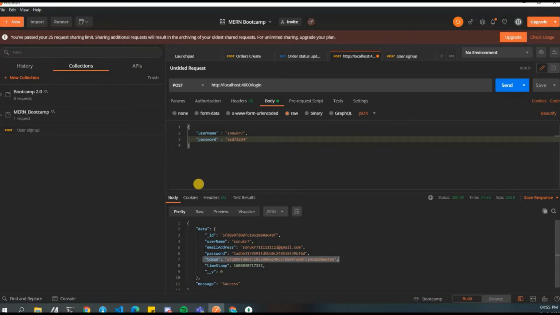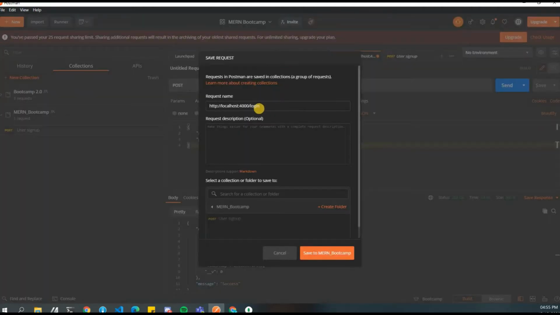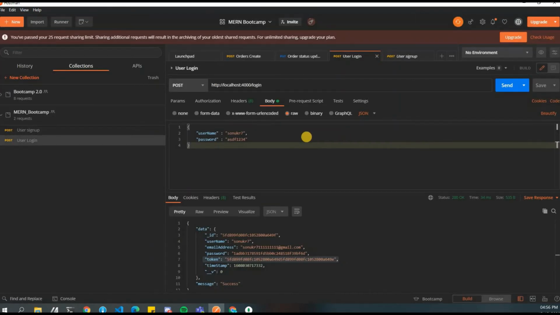And yeah, so always go ahead and save this user login. So this is how you can make a basic authentication API in Node.js.